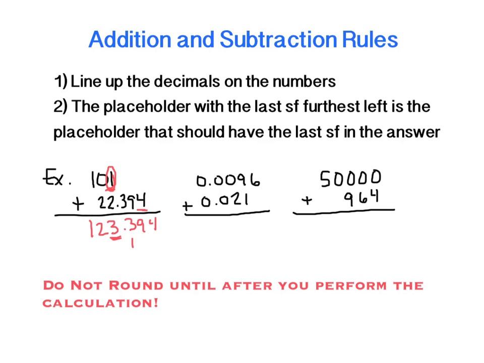I look at the next number. The next number is not a 5 or above, so I would not round up, and my answer would be 123. On this next one, when I add these together, I get